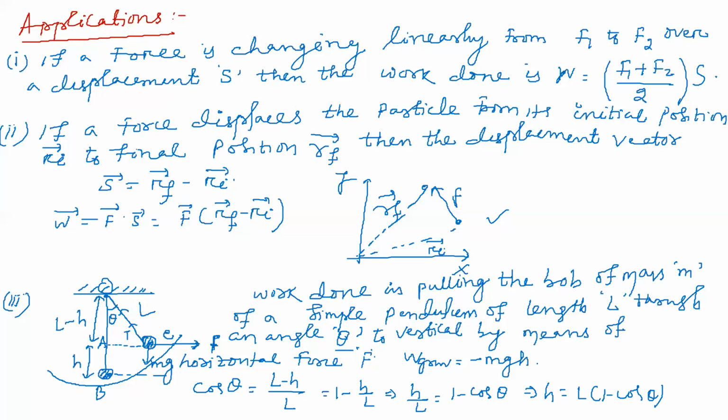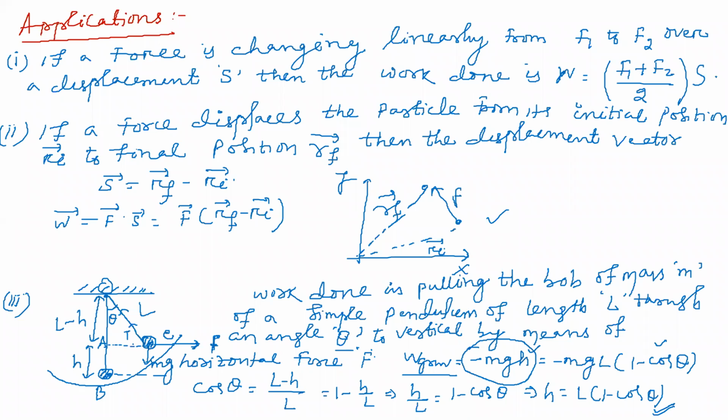Correct? So here in place of mgh, what can I put? Minus mg, length of the string is given, into 1 minus cos theta. If height is directly given, then you can write minus mgh, no problem. But he has given theta and L. That means I am replacing this h by L into 1 minus cos theta. And we just found out how this h became L into 1 minus cos theta. So students, you understood work done by gravitational force is minus mgL into 1 minus cos theta.